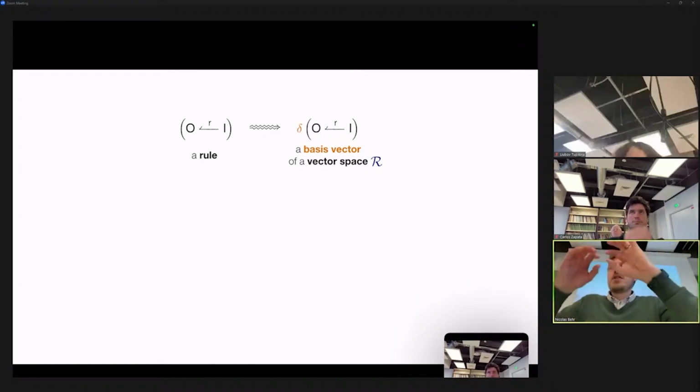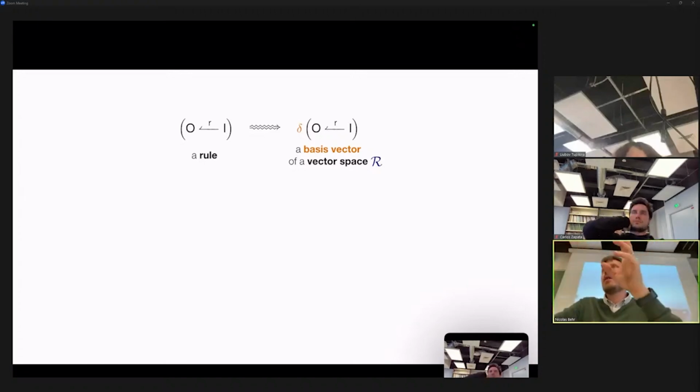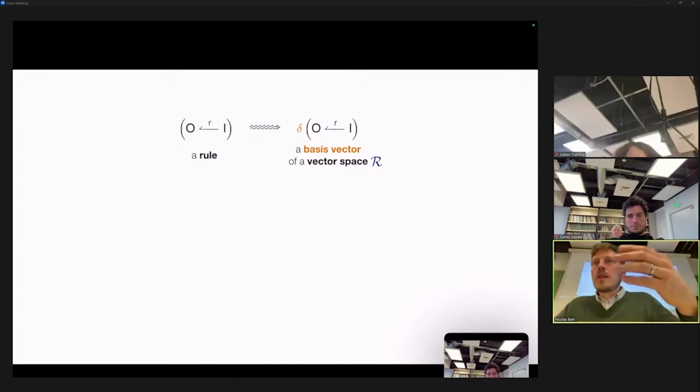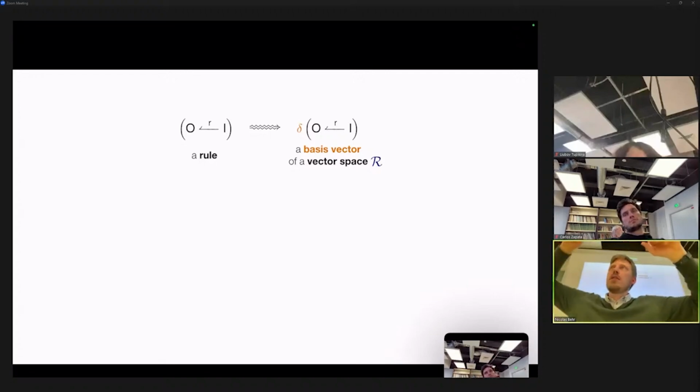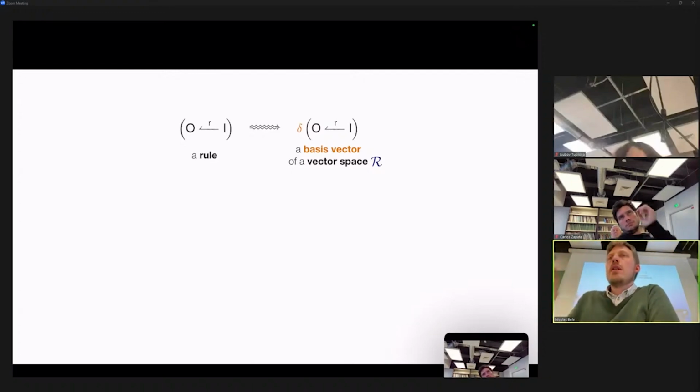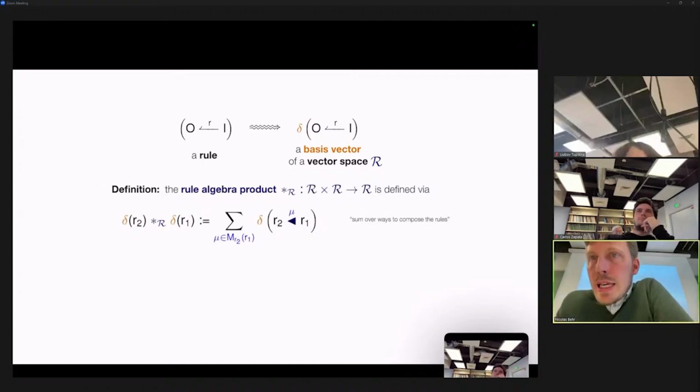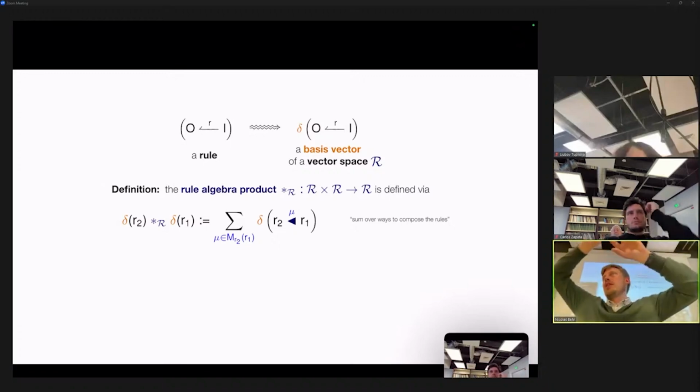So if you give me any such template for rewriting, an input-output pair, the first step is I will now construct an auxiliary vector space. My vector space will be unusually indexed not by some abstract set, but by isomorphism classes of such objects. And here, however you write your input and output graph and how they are connected, it only matters up to relabeling in all of these applications. So let's call that a basis state for a class of such things, delta of R, or delta of such a rule. And then there's this operation that we saw already pictorially, where each of these little transformations knows how it can be wired together with others.